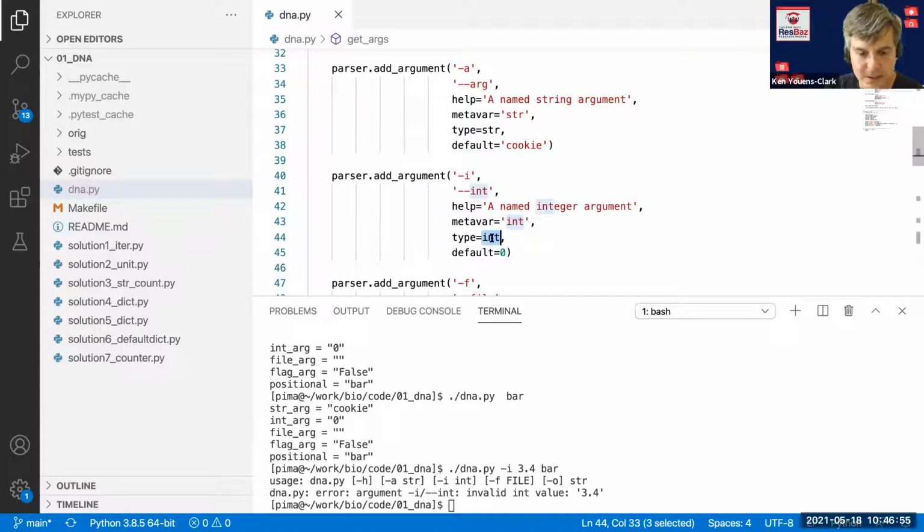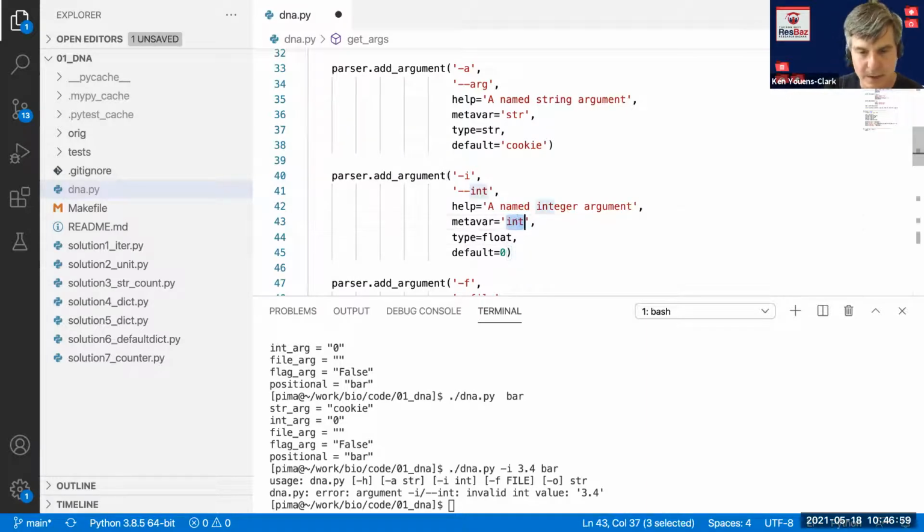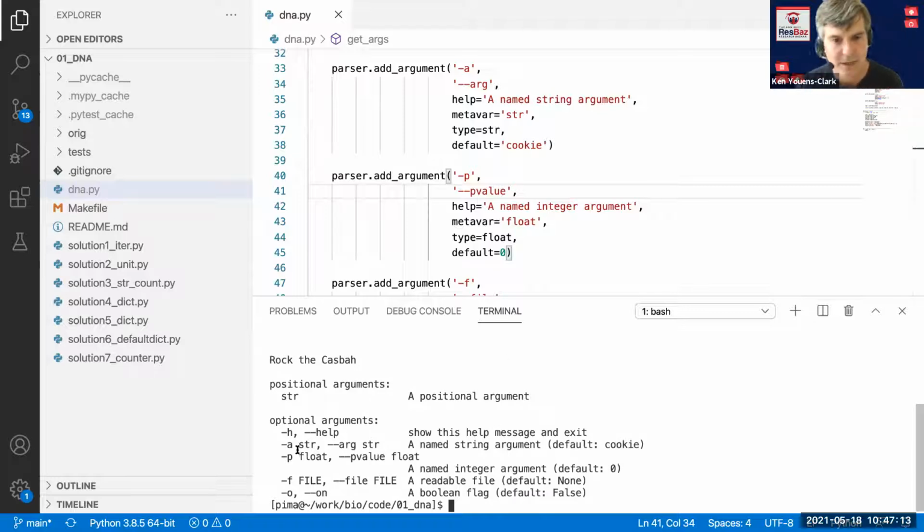I can change this to be float, which is a type in Python, and I'll call this float, and maybe I'll change this to -p, and I'll change this to p-value. I'm going to save that, and if I run the program and ask for the help, you see now that my flag has been changed to a floating point, and the name has been changed.